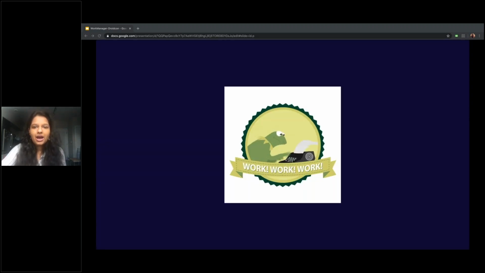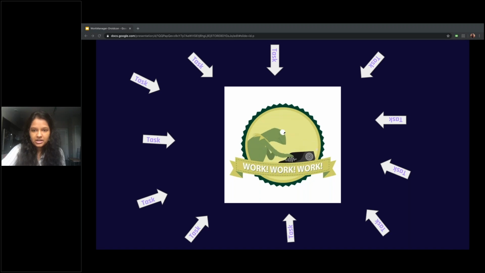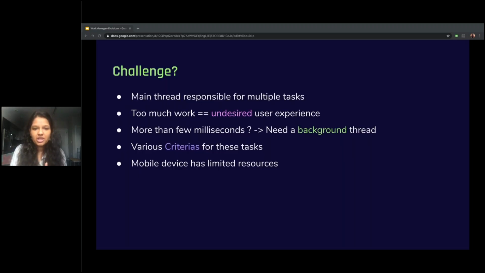Okay, so how many of you identify with this? Especially these days, we are all working remotely. So imagine being bombarded with multiple tasks at the same time, deadlines, no delegates, no assistants. I'm sure it sounds familiar, which is our everyday stories. This one here looks super energetic, but I'm sure at one point of time, like everybody else, it wears you out. And the reason that I started with this slide is because it is the same thing with the Android